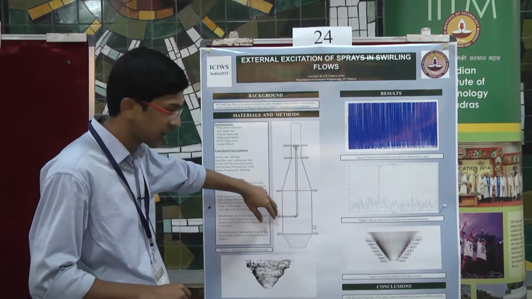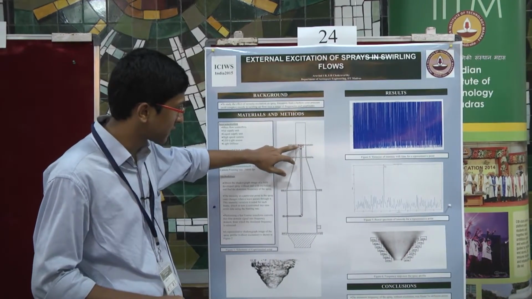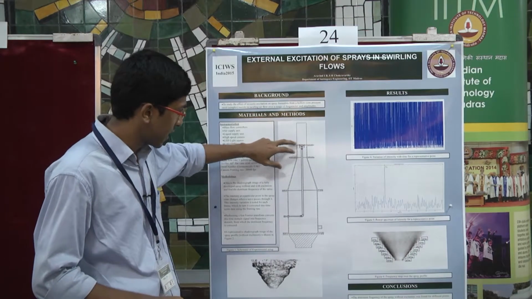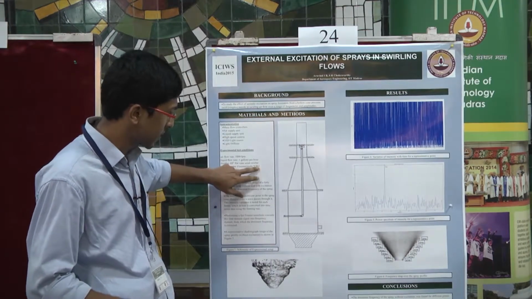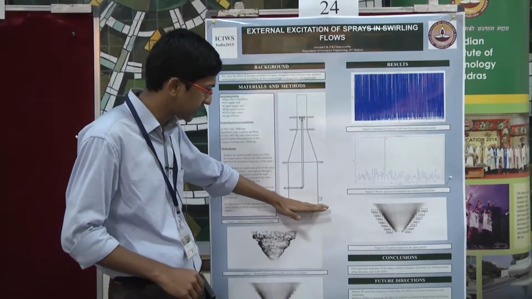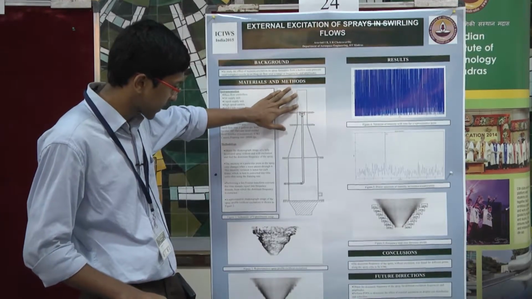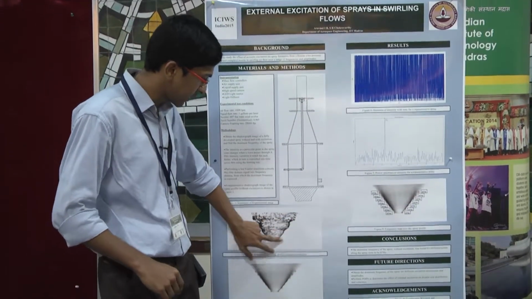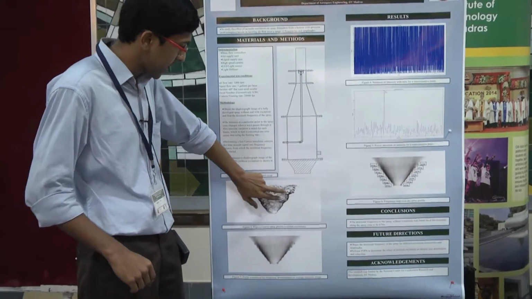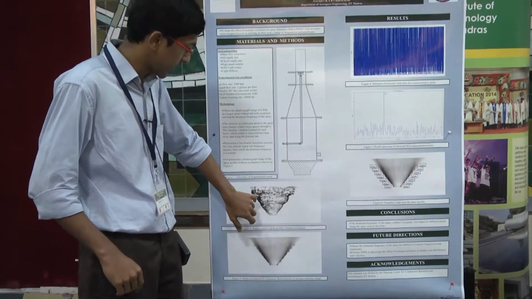Thank you. So this is the setup that I have. I have a spray here and a co-flowing 60-degree flat vane swirler, with swirl number 0.961. For this study I have kept a rigid plate at the bottom, and then I have taken the shadowgraph images. This is the instantaneous snapshot, and then I have fixed several points along the spray cone of this image.